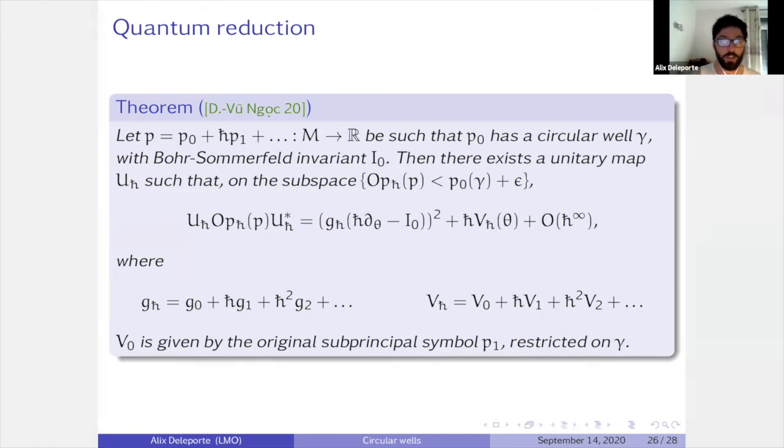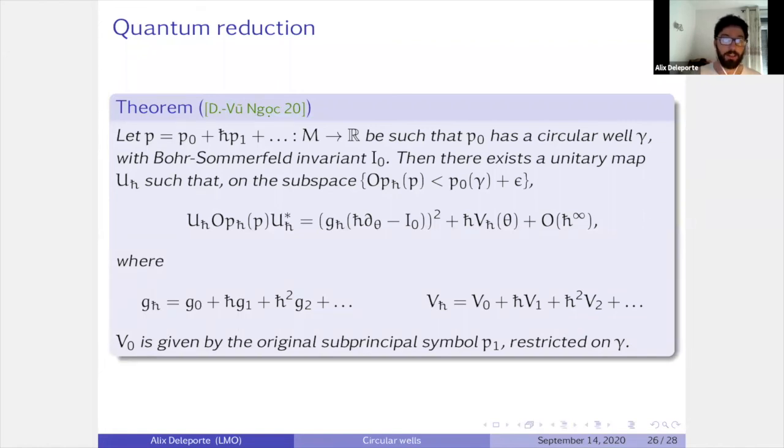your quantum operator to something which is close to what we had before, something which depends only on psi, on d theta squared plus h bar times something which depends only on theta, but where you shift it by I0. And you have to shift by I0 in order to preserve the Bohr-Sommerfeld invariant. And here, G_h bar and V_h bar have expansions and are formal